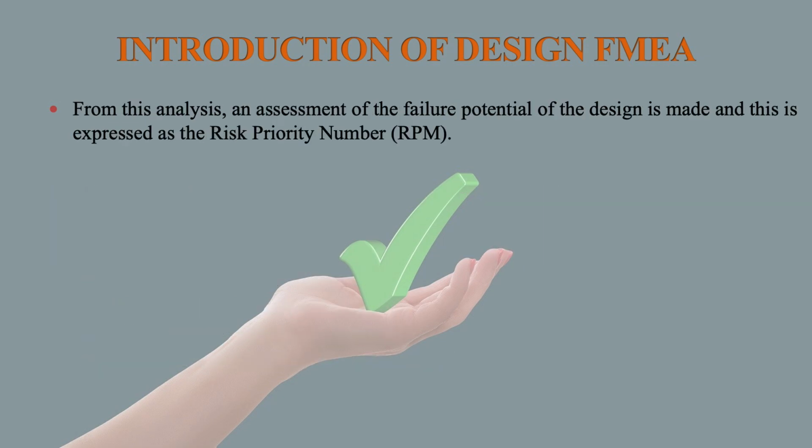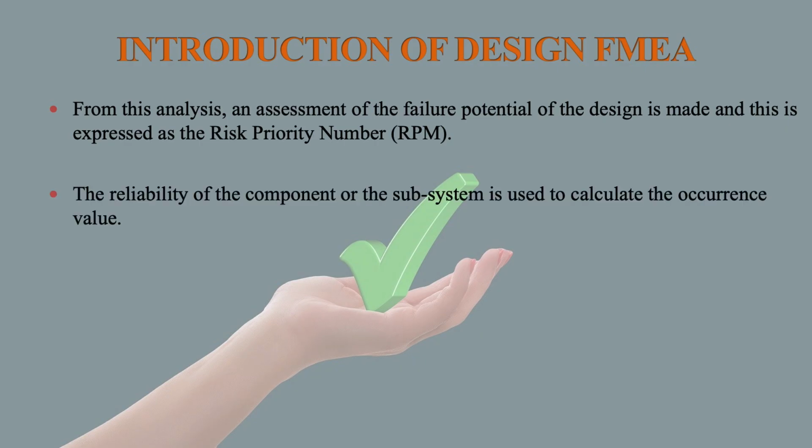From this analysis, an assessment of failure potential of the design is made, and this is expressed as the risk priority number. The reliability of the component or the subsystem is used to calculate the occurrence value. To measure anything, we should have some number. So for that, here we have to find out the risk associated with that failure mode or failure of a particular machine or process. So what will be the effect? It will be measured as the risk priority number,